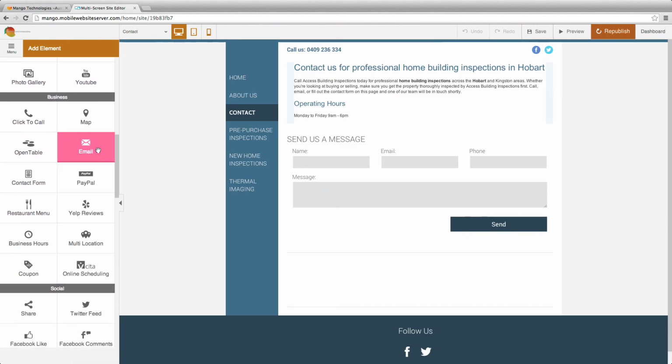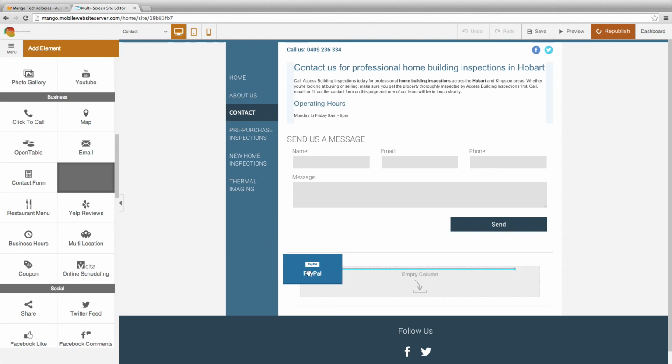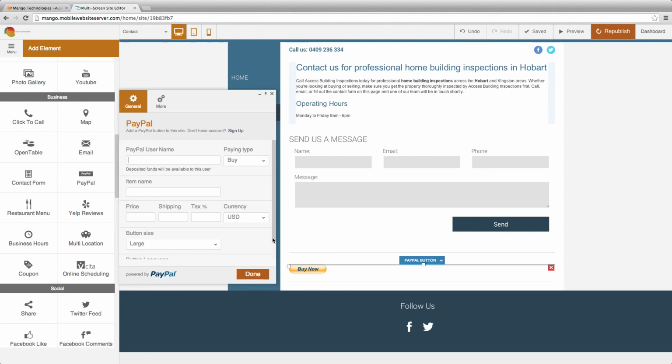So you've also got, if you want to drag over the email, PayPal, which is a nice feature to have. So if you want to actually, let's say you want to sell your wedding packages, you can do that. So you can basically, it's very simple. Let's drag this down here. So customers, so basically you put in your PayPal ID. So in my case it is